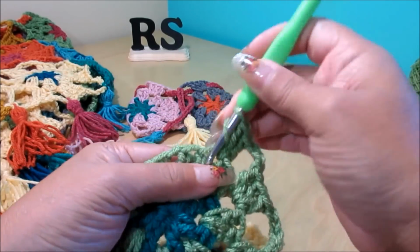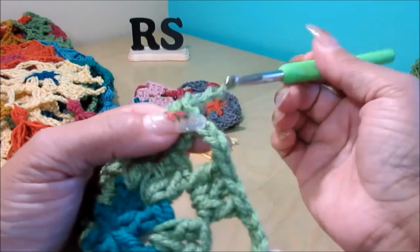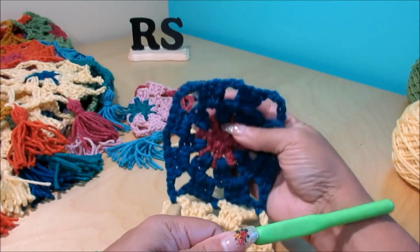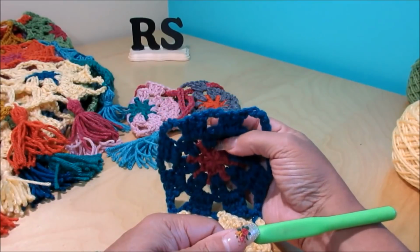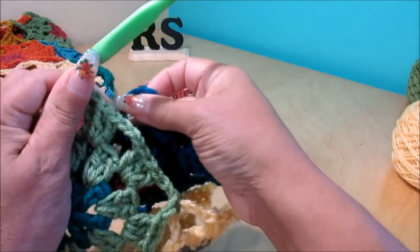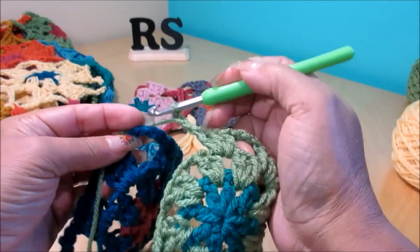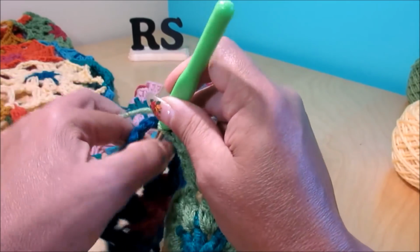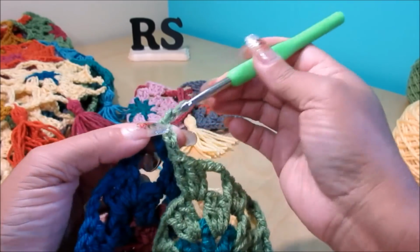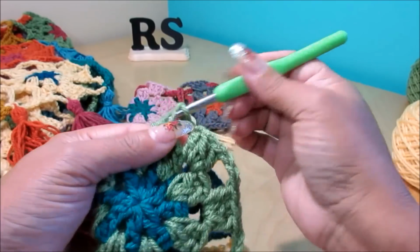Now we're gonna start the third corner, so you're gonna chain 2, and then you're gonna grab the last motif in this one, and in this corner in the top you're gonna do your single crochet to close your circle. One, 2, 3 double crochet,